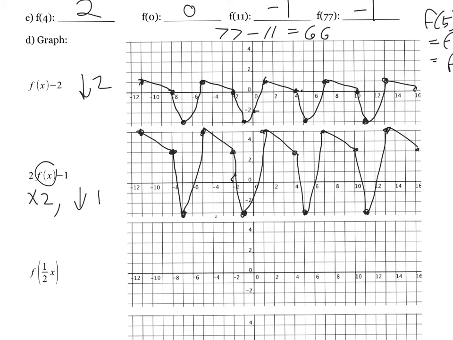Okay. So the next one, f of 1/2 x. What kind of a transformation is that? Horizontal. Stretch, because it's the opposite value. Yeah. Stretch horizontally by a factor of 2. Very nice. So if you go back to your original curve, let's go back and look at a point,